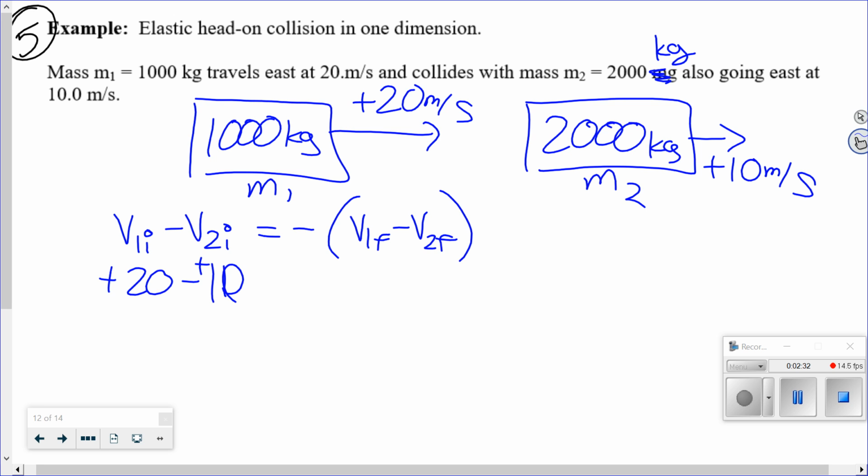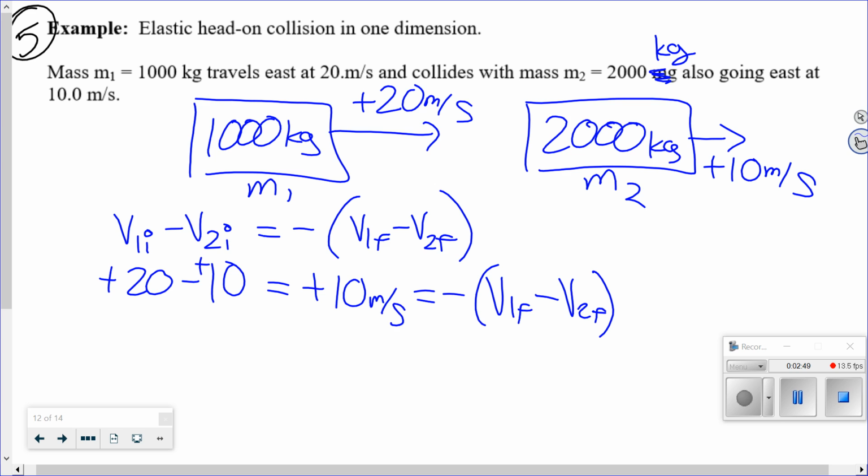Those are the initial ones. So I have plus 10 meters per second has to equal minus V1 final minus V2 final. I reduce that to 10. I still have two unknowns in that equation,